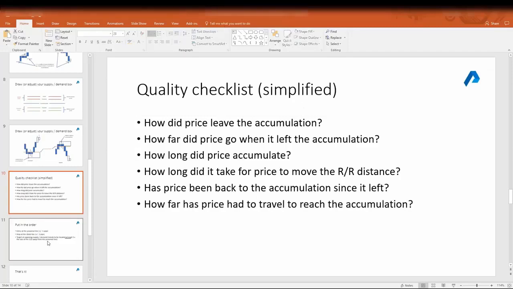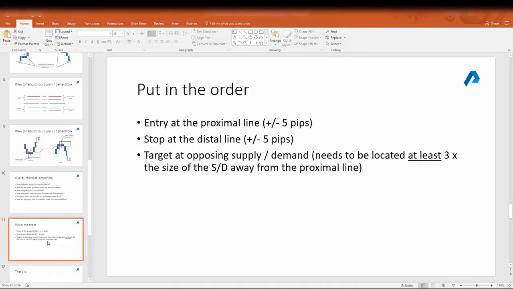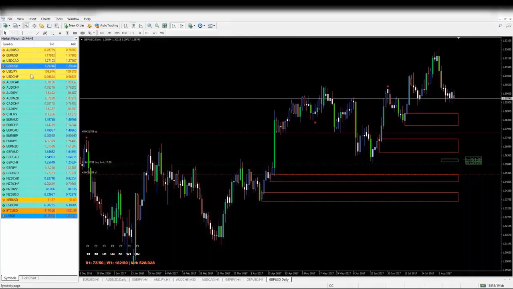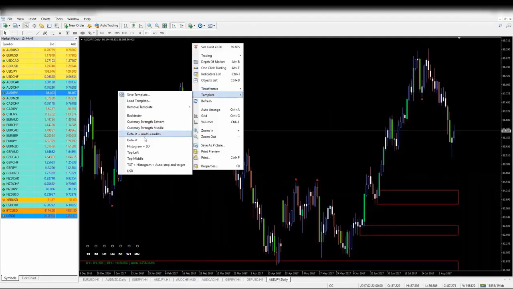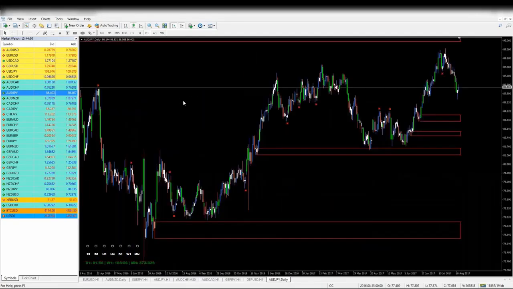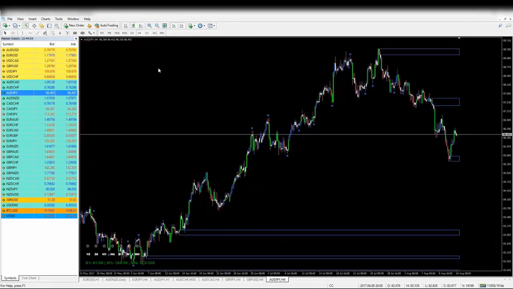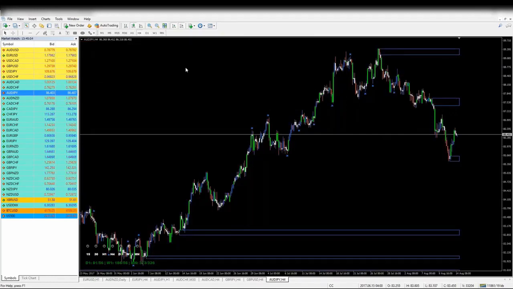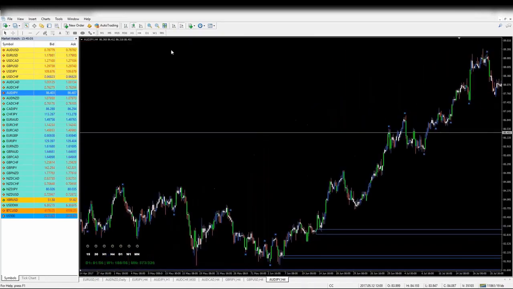Okay, so if we go down to here, putting in the order, where would you put it in order for an area? Let's fix something we haven't looked at, the Aussie yen. So let's assume now that we're on the 4-hour chart, we've identified an area that we want, and we're going up, so we want to be buying on the 4-hour chart. Where have we found something? We can see that we found,